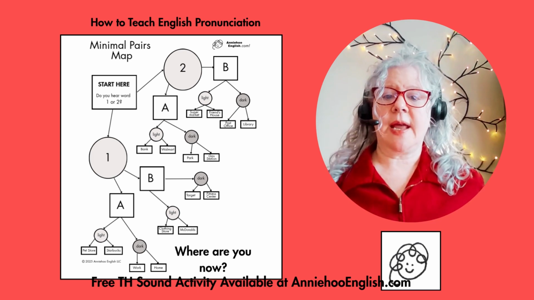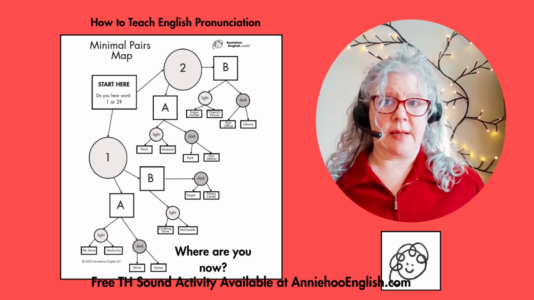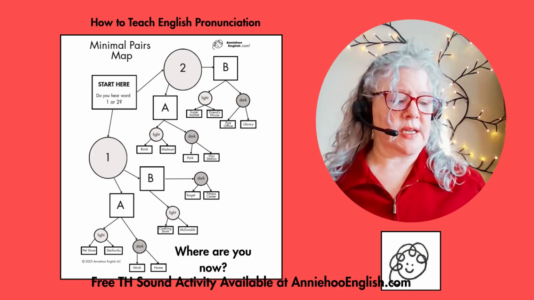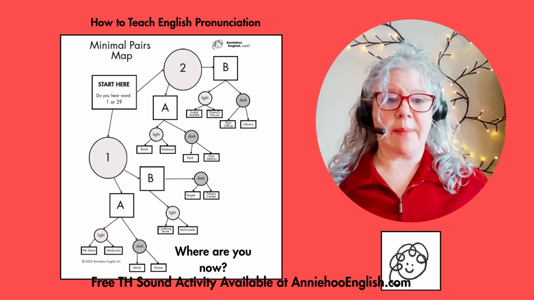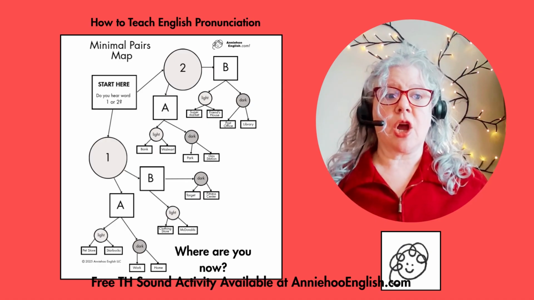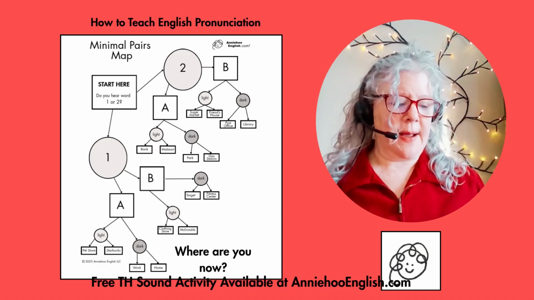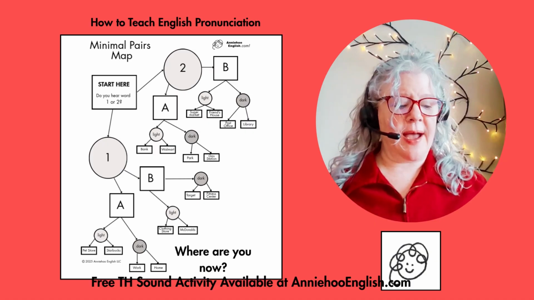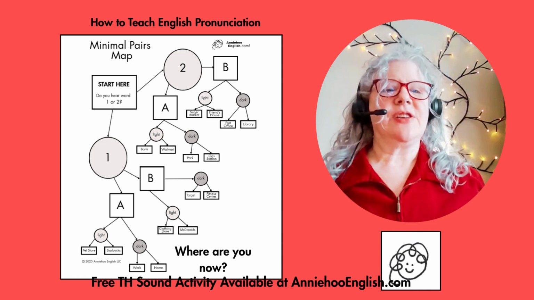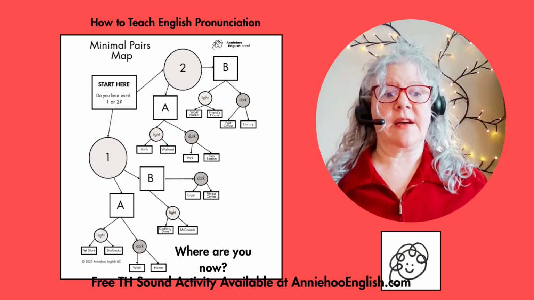So you would go ahead and put a list of 4 sets, and you're going to have a column on the left and a column on the right. So let's say you chose the K and G, you could have cap, gap, cash, gash, coast, ghost, come, gum. Okay, mix it up. There's a lot. You can do cram, gram, crab, grab, creek, Greek. Okay. You just want to make sure the only difference in the word is that consonant sound of the K